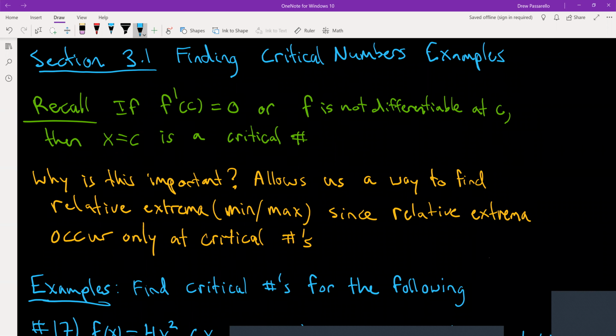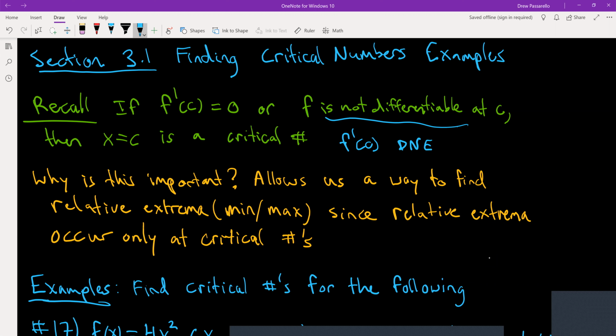All right, so the last video gave an introduction to the concepts for section 3.1. Now this video and the next video or two are going to go over examples. For this video, I'm going to focus on just finding critical numbers, and recall that if f prime of c equals 0, or f is not differentiable at c, that basically means the derivative doesn't exist at c. So you could just say f prime of c doesn't exist,